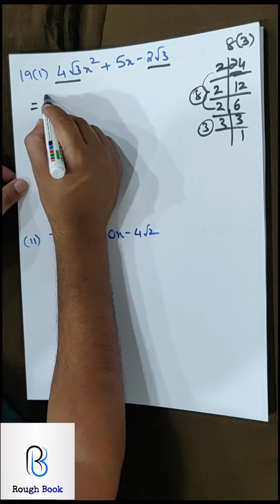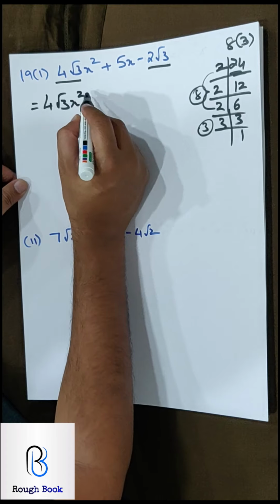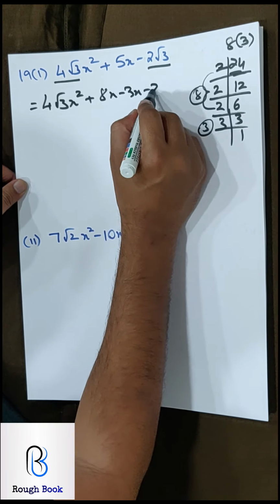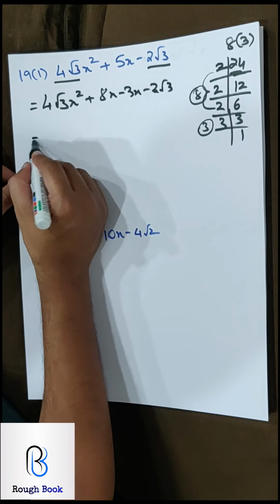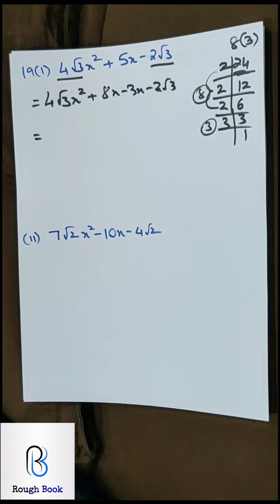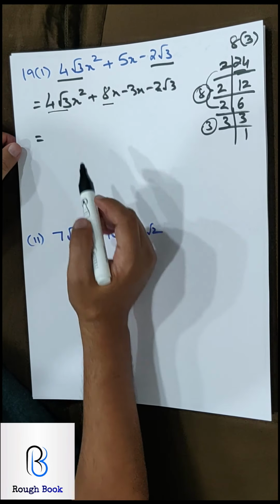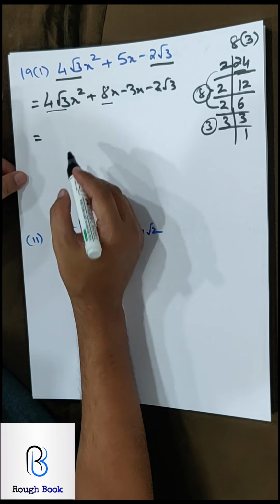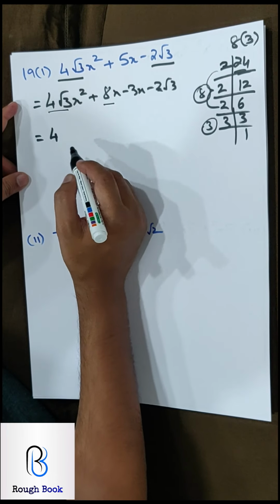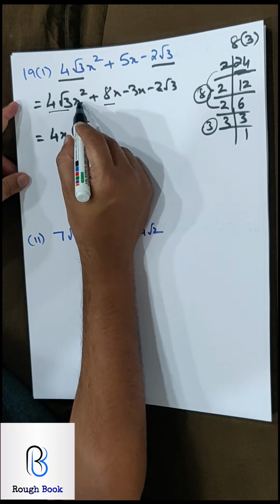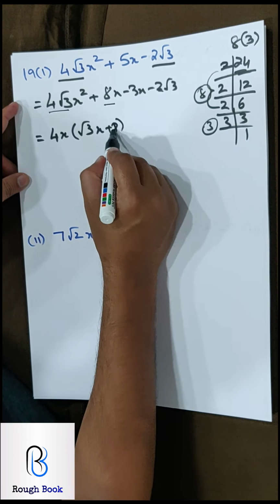Now you got to be very careful. Now please follow the instructions, look at the video carefully. 8x minus 3x 2 root 3. This is simple. Most of you all, majority of you all will get this. Now what to take common? So obviously I need to take common 4. We'll have to cheat over here slightly. When, how, I will tell you. I just take 4x common. So what is left is root 3, 1x plus 2.